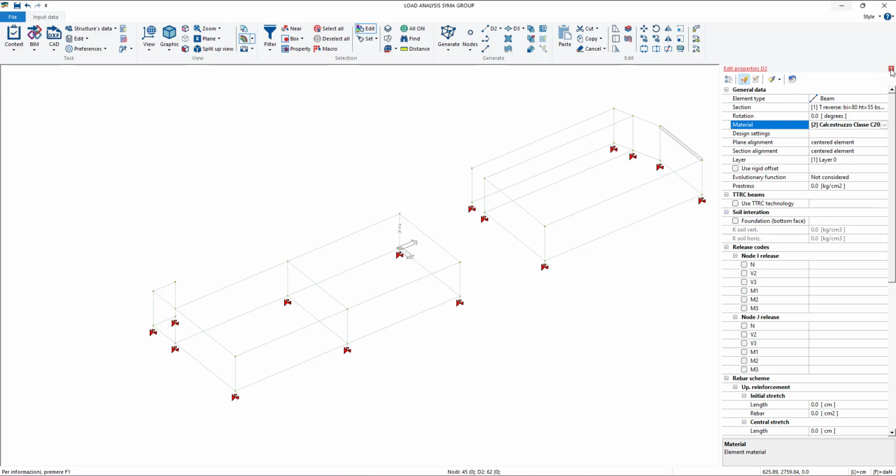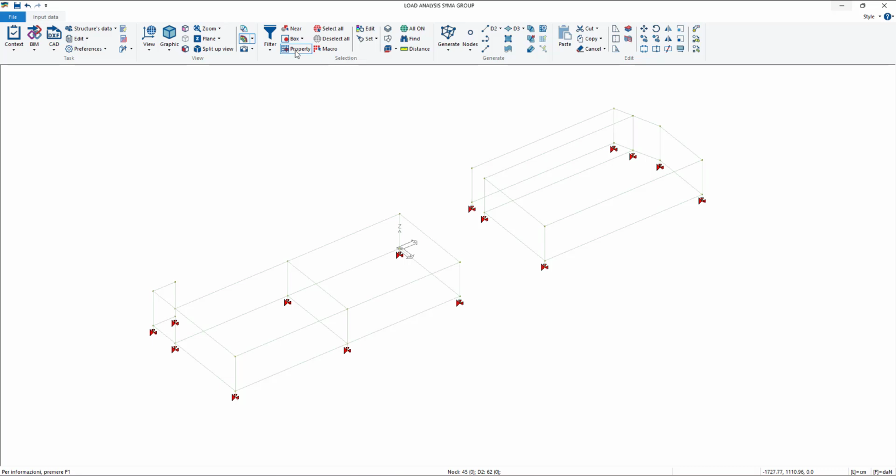Then you can close this, select everything basically, and with right click. Okay, no, everything no, because to assign properties, you have to assign it to other elements that have the same properties. In this case, I selected all, but nodes don't have the material property, so it doesn't work.